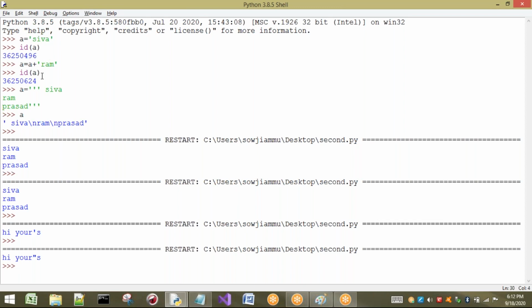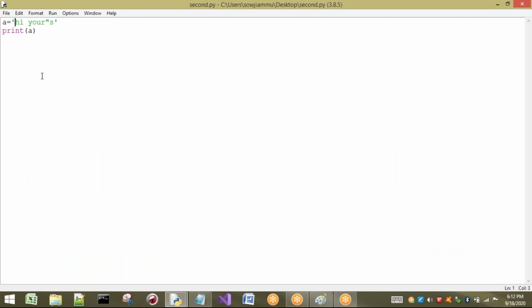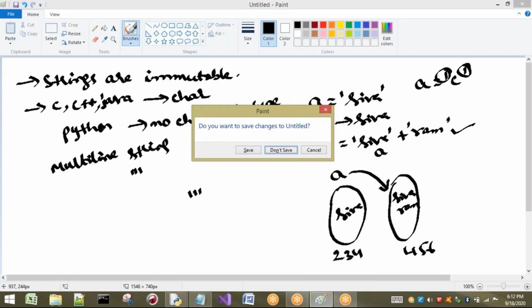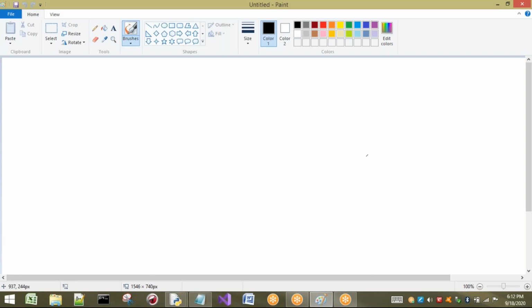So we have seen many different examples for this when we discussed the string data type previously. I am just going to make you remember all these points so that I can go a little bit fast. Okay, right. Now the point is how to access the characters. This concept I am going to discuss in detail, because when I discussed strings in data types, I did not explain in detail about accessing the characters in a string. So now you can get more points. I will explain this concept slowly.